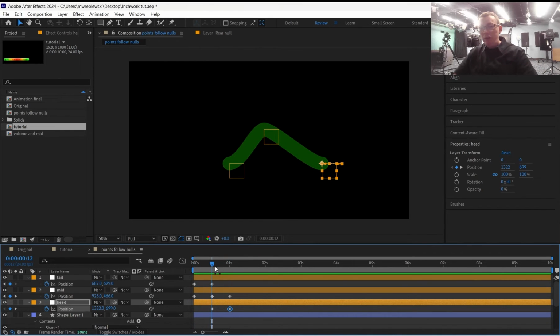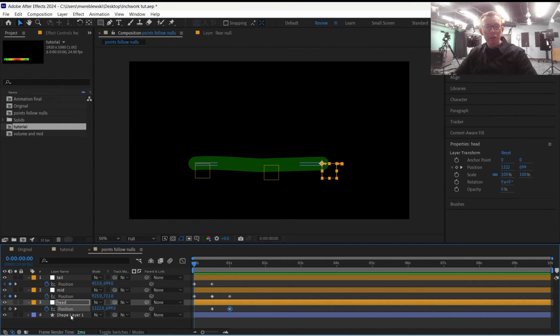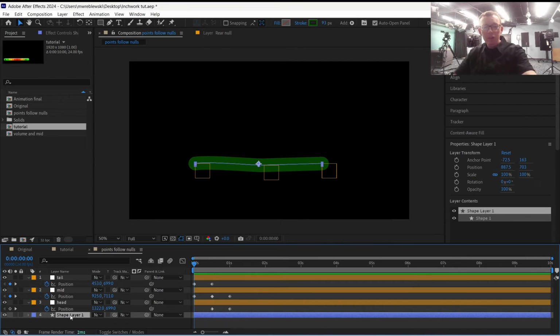Sometimes you got to work backwards. I forgot to set a keyframe so it animates forward from here to there. So we've got that. That's working good. And then we could say, okay, let's do our duplicate of this. So if I duplicate this, see, is that P for position? Yeah, so I'm going to add a keyframe here